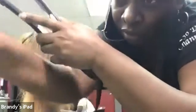The vibration in the flat iron allows my wrist to get some relaxation when I'm flat ironing. Most of the time when we flat iron, we clamp really tight. The vibration is allowing my wrist to calm itself down. So with flat iron,